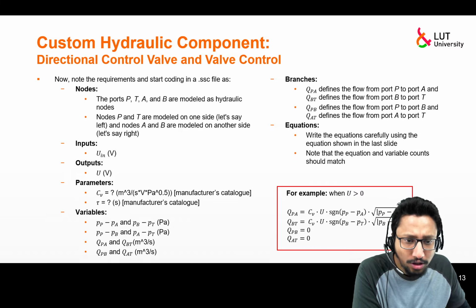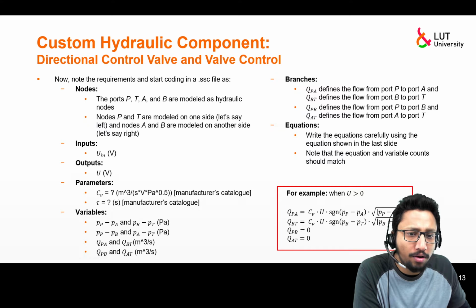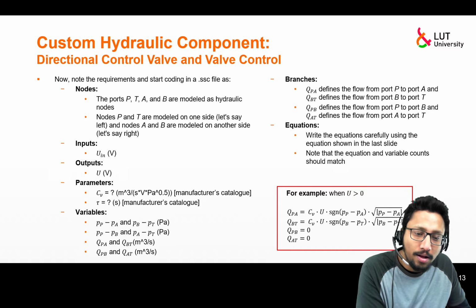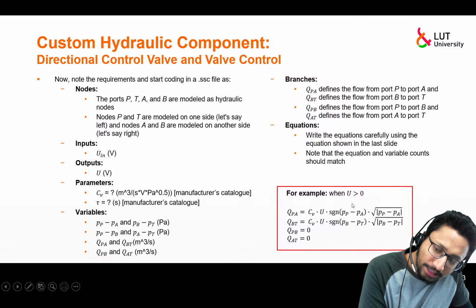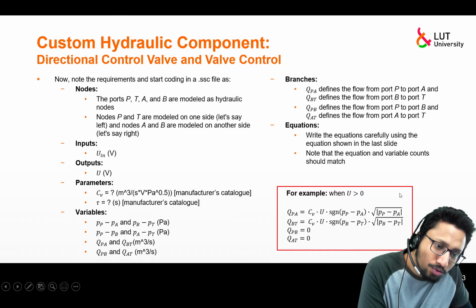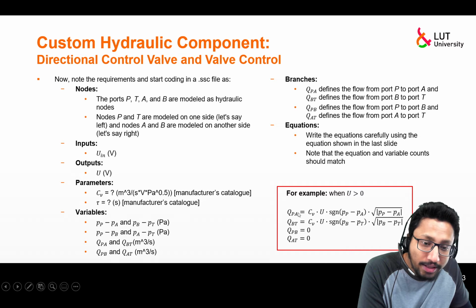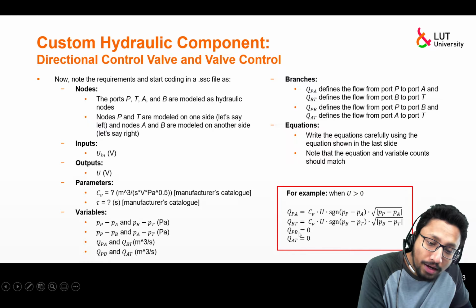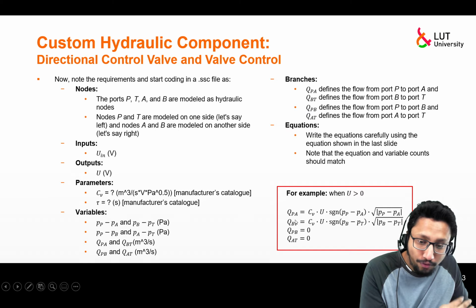If yes, then theoretically we have solved the problem. All we need to do is just code it. So see this part. In either engagement, whether u is greater than 0, u is equal to 0, or u is less than 0, there will be 4 equations associated with it. These are the 4 volume flow rates. So there are 4 equations.